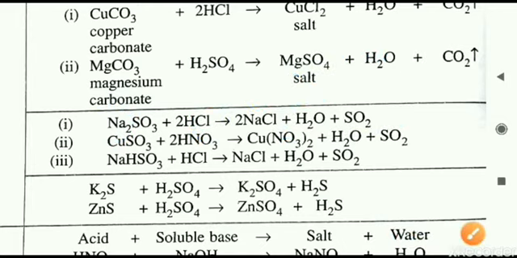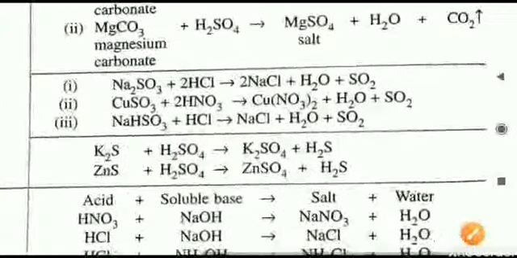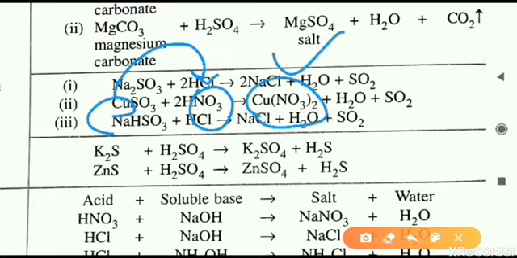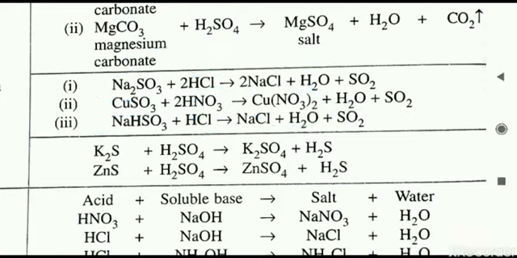Next one equation, you can see another metal they have given, that is copper, and its sulfite is copper sulfite. So copper sulfite, here copper will be extracted, it will be dissociated, and it will form bonding with nitrate there. Copper nitrate will form, that is the salt is coming, remaining is water and sulfur dioxide.